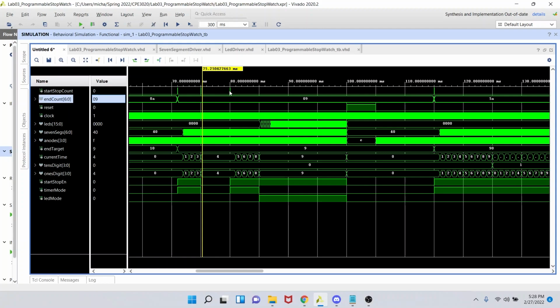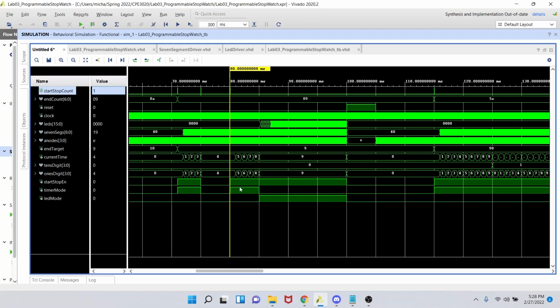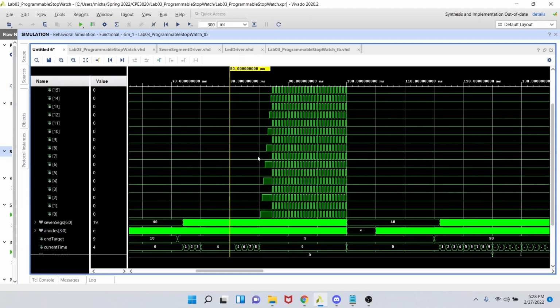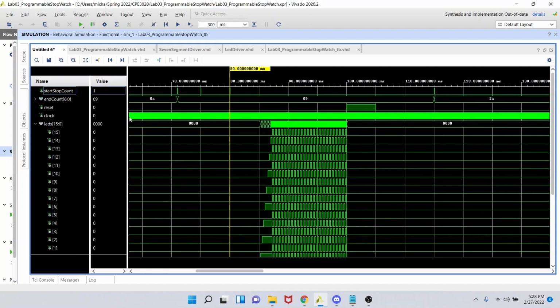But this time, instead of hitting reset here, we want to start counting again. And as we can see, we do that. Start, stop, enable is high, so we're counting. And we can see our LED victory pattern plays there upon reaching the value 9. And then